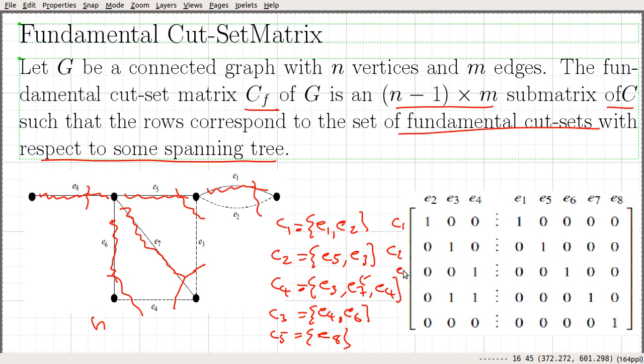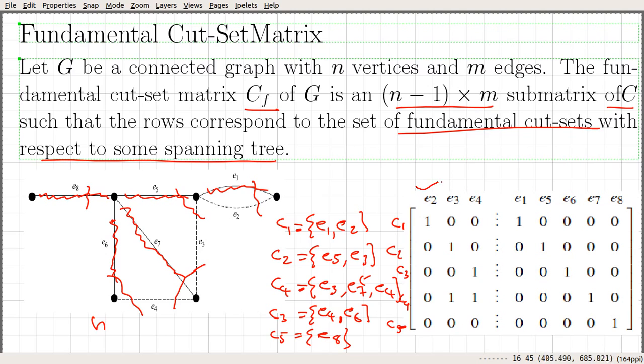And this corresponds to C3. So C3 contains E4 and E6. And this corresponds to C4. C4 contains E3, E4, and E7, and this is C5. It contains E8. So here what I did is I rearranged the columns in such a way that all